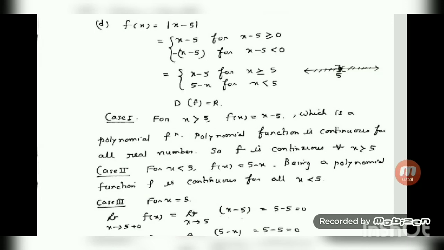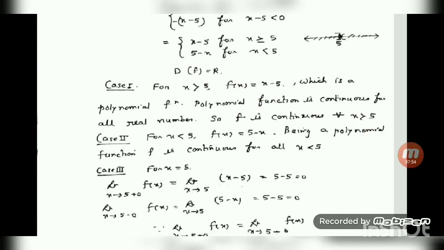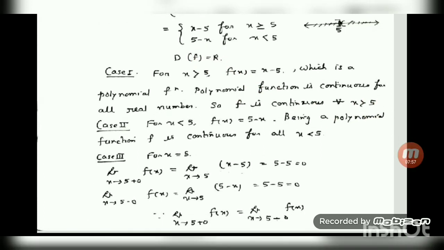So next case is the rest: x equal to 5. So now you see you have to take limit, continuity at a point. So you have to take now limit x tends to 5. But here you see limit x tends to 5, if I do, it means 5 approaches to 5 from right or from left, it is not known to you. So here the function you see 5 is a critical point. For greater than 5 it is different, and for less than 5 it is different. So in this case, hope you understand that here we have to do left and the right hand limit separately. So I have done here limit x tends to 5 plus 0 and limit x tends to 5 minus 0 f(x) in both the cases.